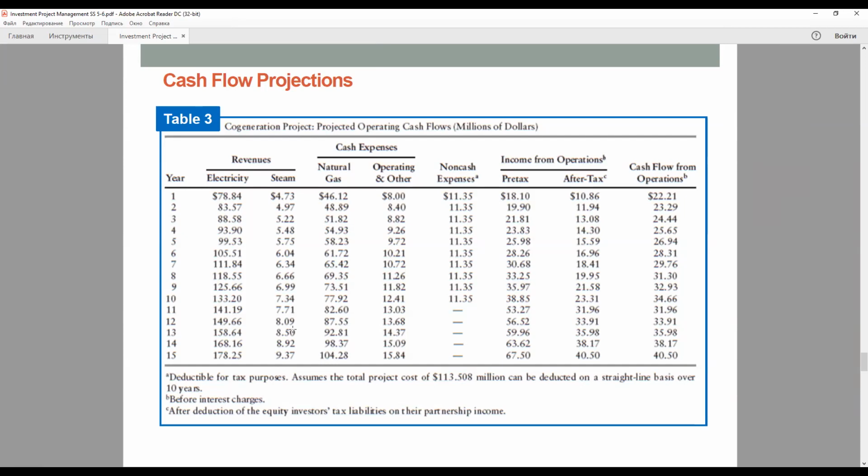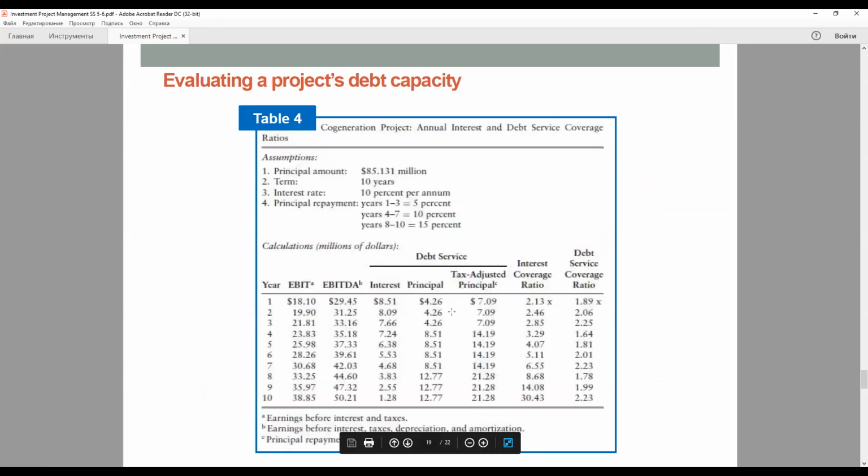Okay. Again, I kindly ask you to address not only these slides, but also look at the Excel file called Code Generation Project, where I prepared all these tables, both for assumptions, financial statements, different ratios, etc. It is all done in Excel with the corresponding formulas used, and it is also real, not artificial, a real modeling tool that can be used to justify the project's economics. Okay, let's switch back to the slides.